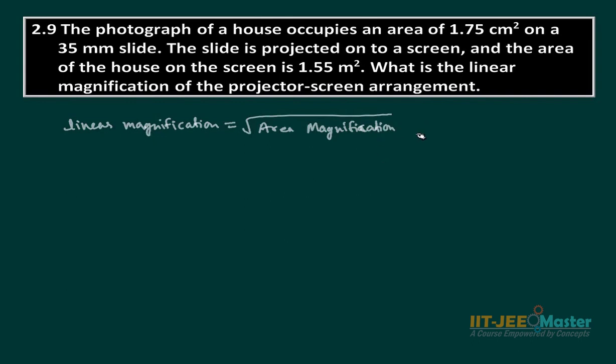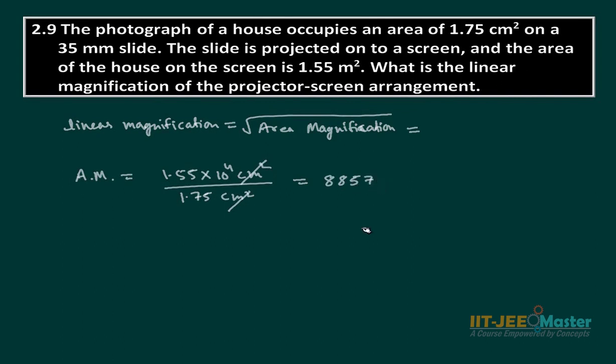So we'll find aerial magnification, that will be equal to 1.55 meters square, that is into 10 to the power 4 centimeter square, divided by 1.75 centimeter square. This cancels out and it gives the value of